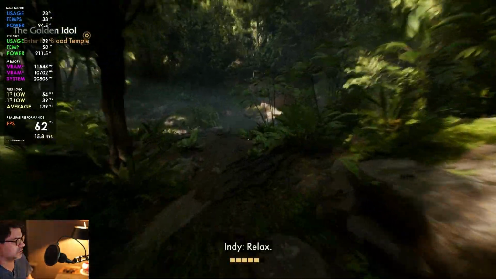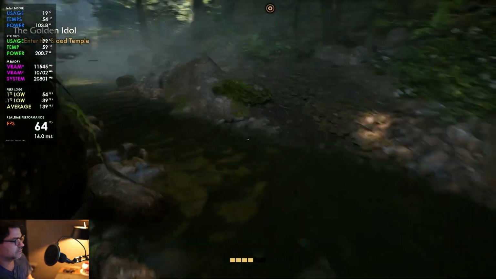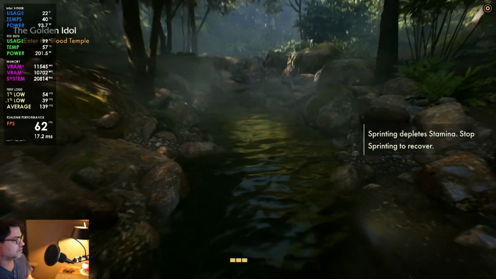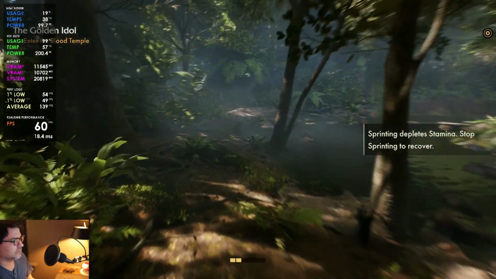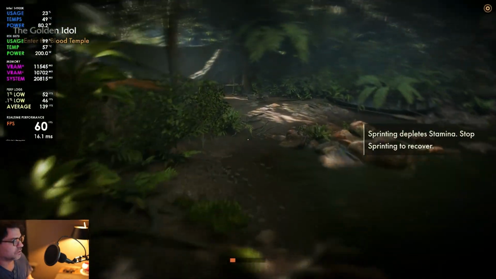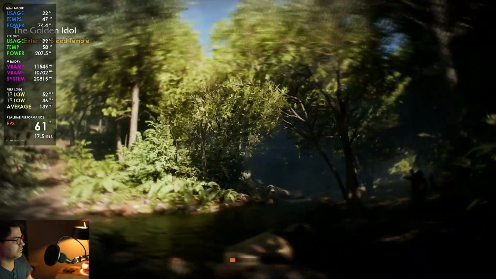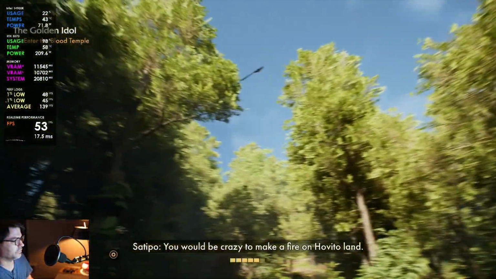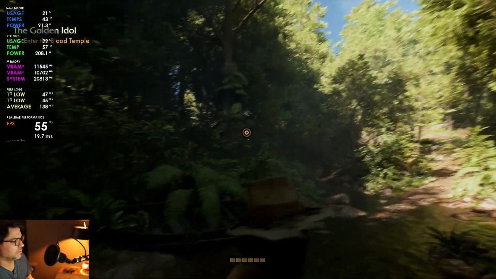So 60. Relax. There's our water. We didn't totally turn down the water, so it looks half decent still. Still looks like water, so that's good. Alright, so let's get here and just look around a little bit, load in some trees, vegetation. It's going to go up when we look at the sky. There's not much to render up there. So over here,